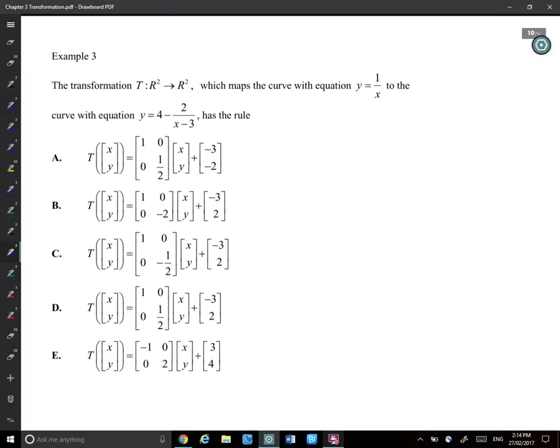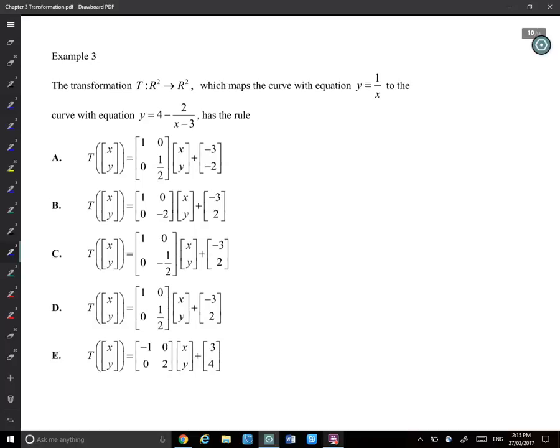Can anyone tell me, does this question look familiar to you? Anyone remember it? Maybe it's not from an exam. I think it's from a topic test. How many of you made a mistake on this question? A lot of students got this question wrong, and I'll tell you why you get it wrong. Because